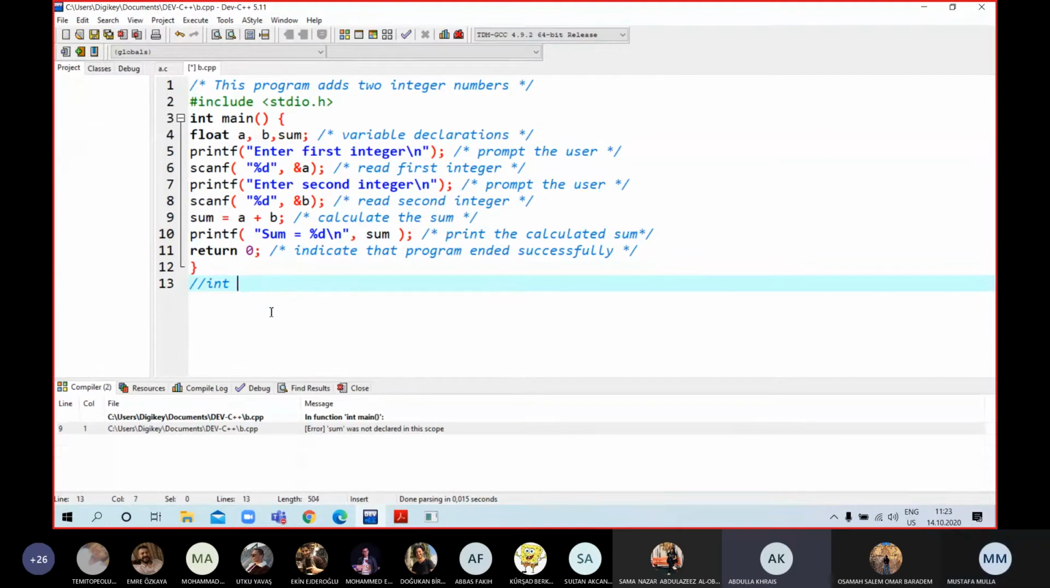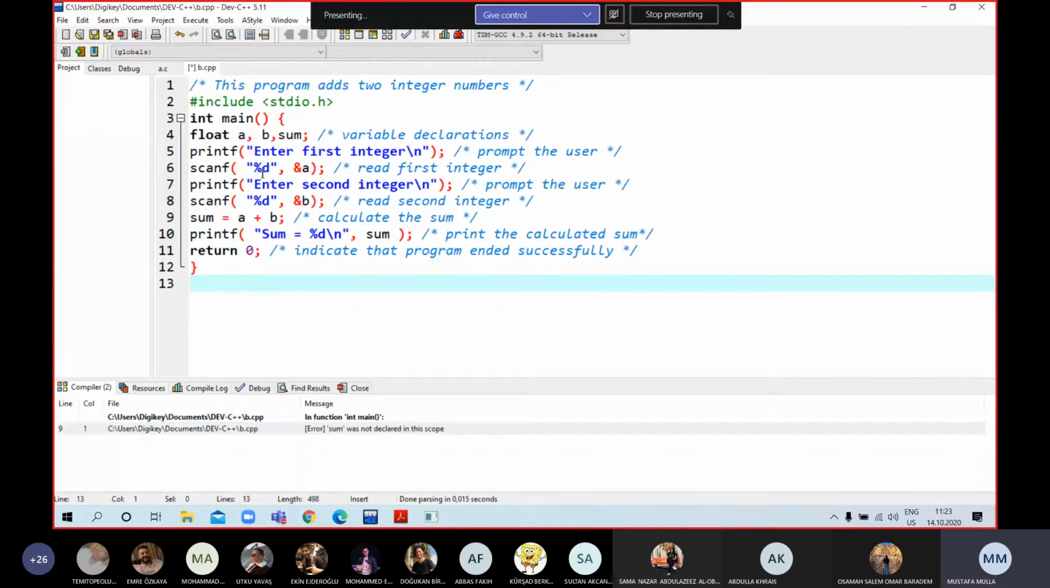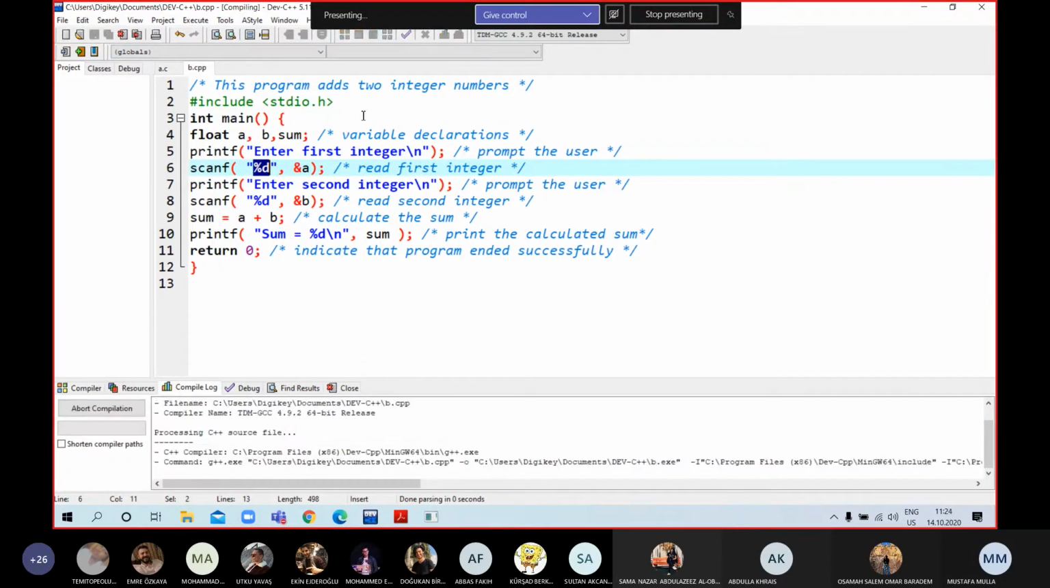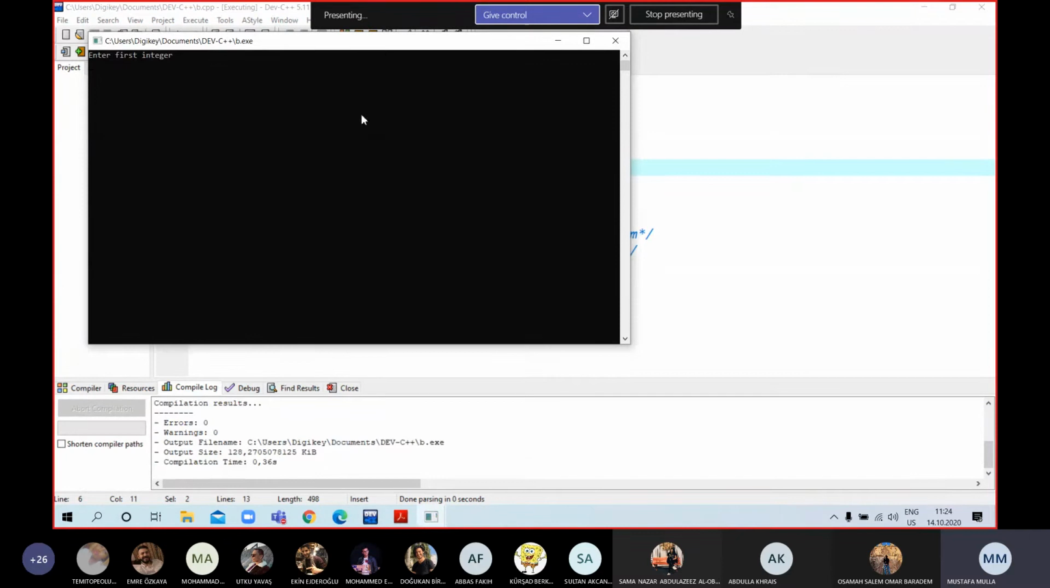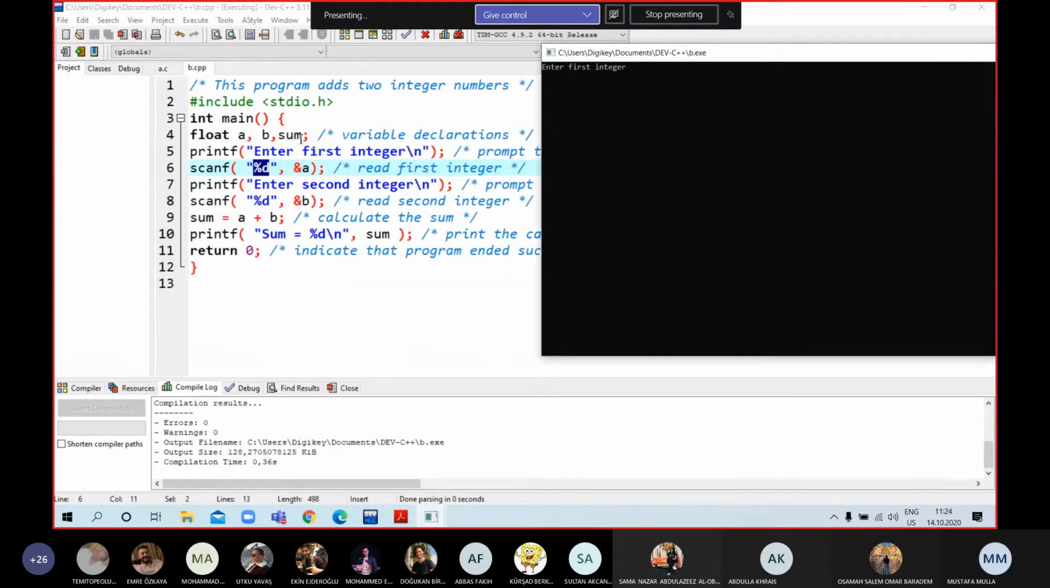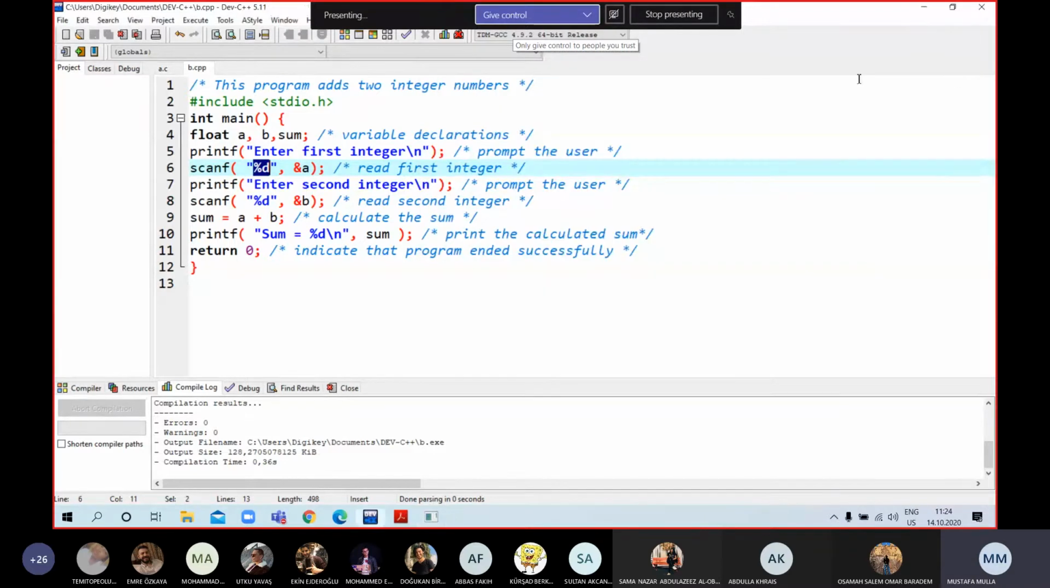Yes. Look, guys, I didn't come to that point yet, but this percentage D represents that you will get an integer value. Okay? So as you see, we write float, but we are getting an integer value. So a problem occurred here. But if I take it as F,